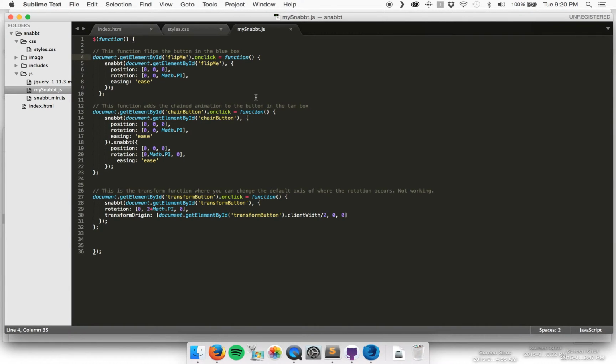And then the second function you've got here is the chain animation, where there are 2 animations in here. So it's the same kind of thing as the first one. Get the element by ID, on click, do this function, and then here's where the snap starts up. Snap, get element by ID, and then you select the chain button again, that's the button that I gave the ID to. I'm saying on the first animation I want you to position like this, rotate like this, use the ease transition,